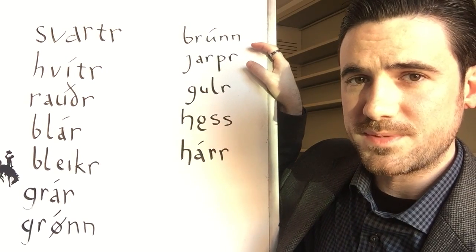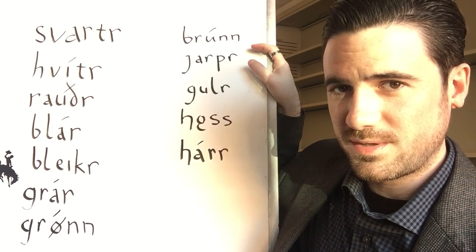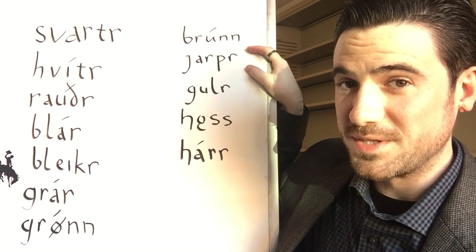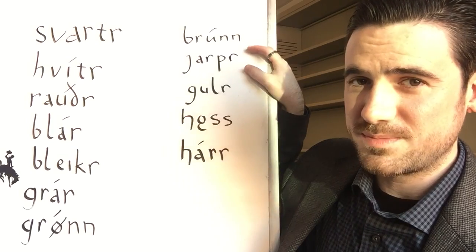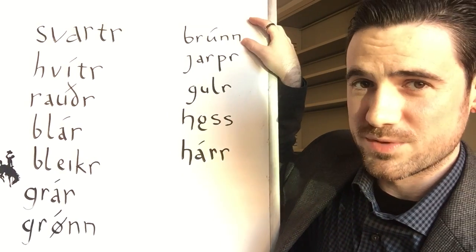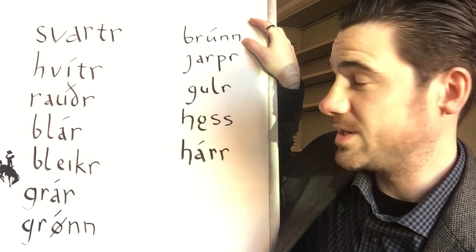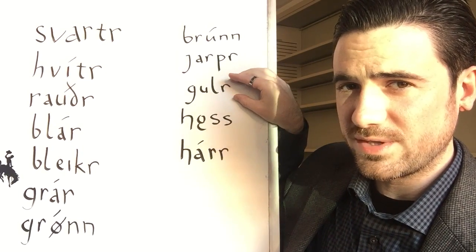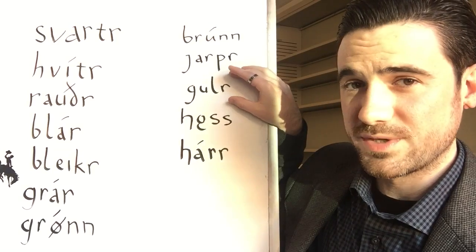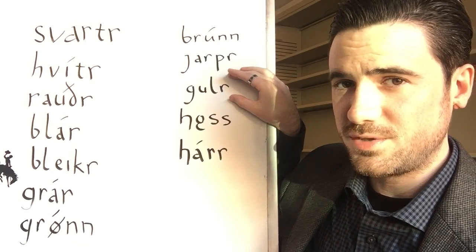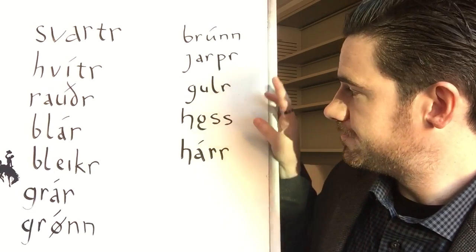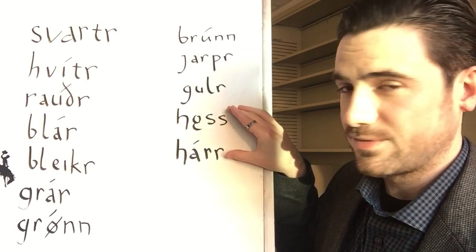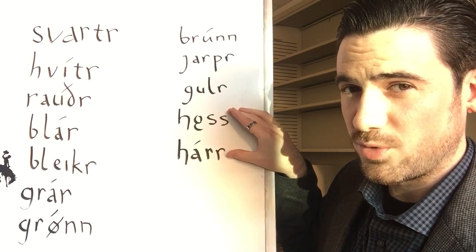Similarly, jarpur seems to be used only for human brown hair. This may surprise you if you speak modern Icelandic, because in modern Icelandic, jarpur means a horse's brown hair. So this has become just a horse color, whereas this has become a more general color. Color terms and their uses do change over time. Similarly with gulur, which in the modern Scandinavian languages, including Icelandic, has come to be the basic word for yellow. In Old Norse, this seems to be just a human hair color, probably blonde. And then we have two specialized words, hos and hor, that are used mostly for the gray or white colored hair of old people.